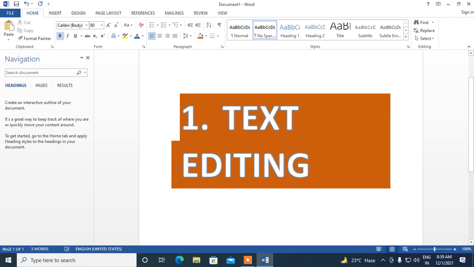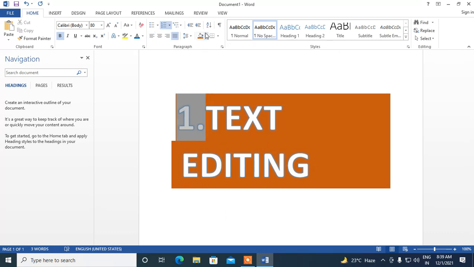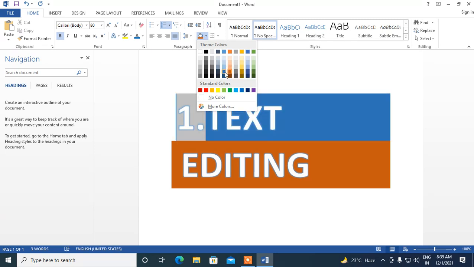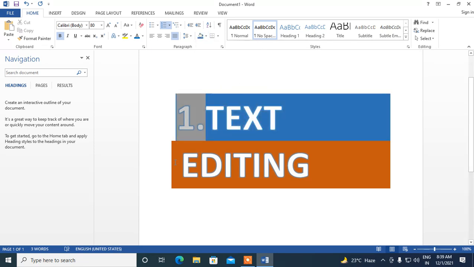So suppose my cursor is over here and I want to go to the end portion, so I can use the End key. Yes, I can use the End key. When I use the End key, see, the cursor is blinking over here. I can change the color also. From here I can change the color to a light color, and I can make that color over here also. So this is editing. What we are doing is editing.